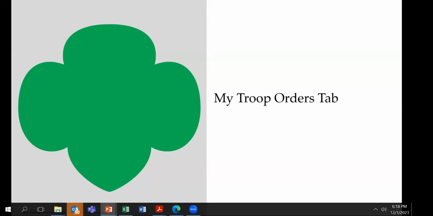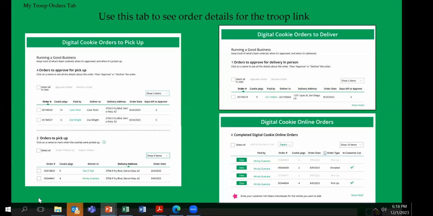The My Troop Orders tab. Now this is going to specifically relate to orders if your troop sets up your site and sets up a virtual link. So again, this will show you any Digital Cookie orders to pick up. This would be if you put a virtual booth, like for pickup orders connected, you're going to be at the Piggly Wiggly on Main Street on Saturday, January 24th, and you've set some pickup dates, and I'm going to show you that in a minute,